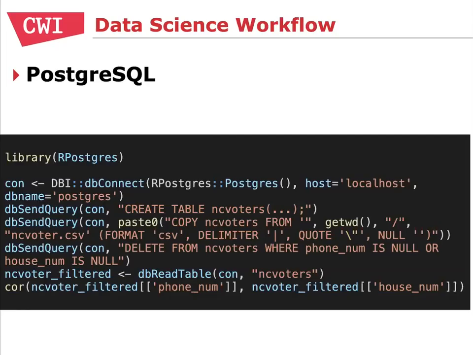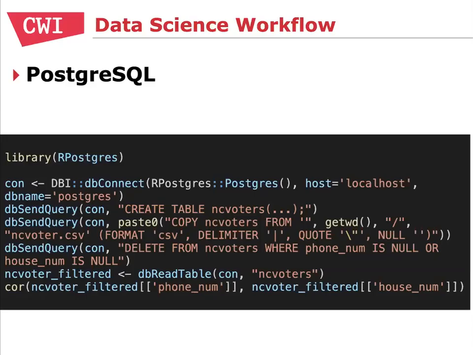And then because it's SQL, we have to create a table. We have to create a schema. And you see here, I run this create table command, create table nc_voters. And if you look, you see there's three dots there, dot, dot, dot. I'm being very generous here. This table has 100 columns. It's not very nice, the schema definition. It would not even fit on this slide, basically. So I'm already kind of simplifying it. Then we're going to load the CSV file. We do that using a copy statement.